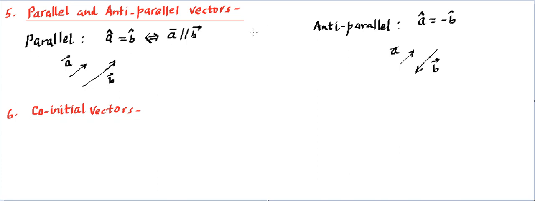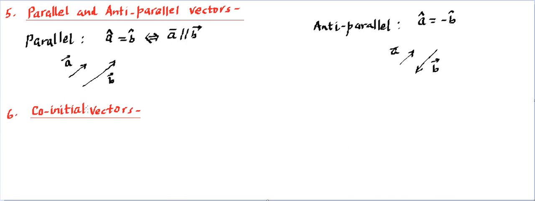Now this term parallel is very common, and sometimes it loosely indicates both parallel as well as anti-parallel. But when it says anti-parallel, that means they are opposite in direction, and when it says parallel, we mean they have the same direction. But we need to be careful. If it has been used in a general way, it might also count anti-parallel within it. That has to be based on the question, and we need to interpret accordingly.